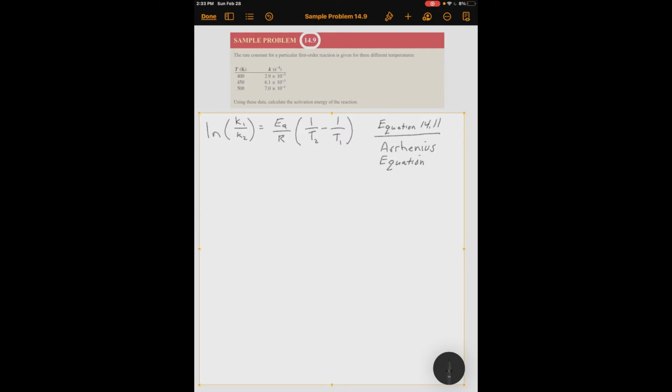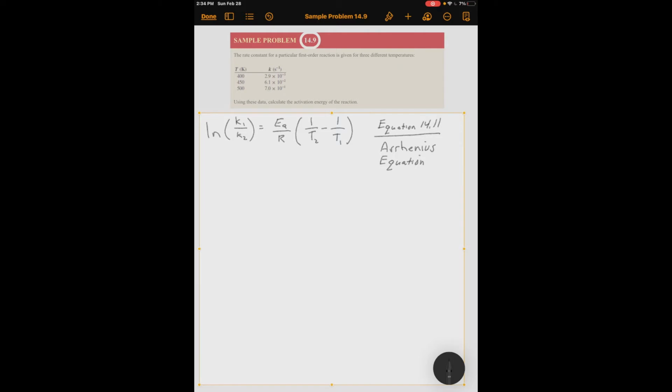seconds. Then the temperature was changed to 450 Kelvin, and K was measured again, and this time it was found to be 6.1 times 10 to the minus 2 reciprocal seconds. Finally, at 500 Kelvin, the rate constant was measured as 7.0 times 10 to the minus 1. So notice the rate constant gets larger every time you raise the temperature, which is a relationship which we often